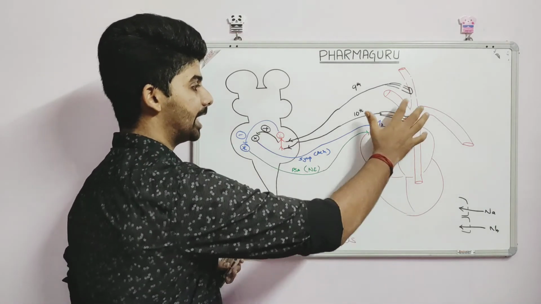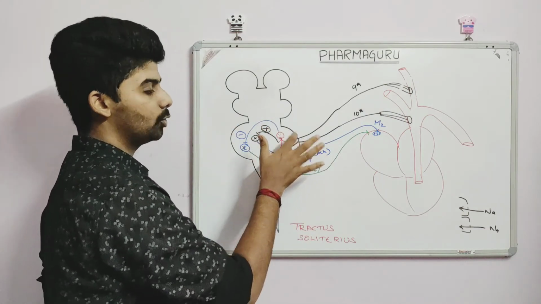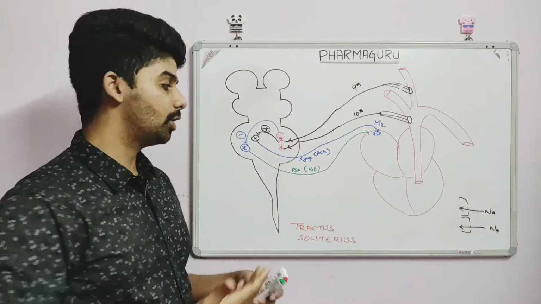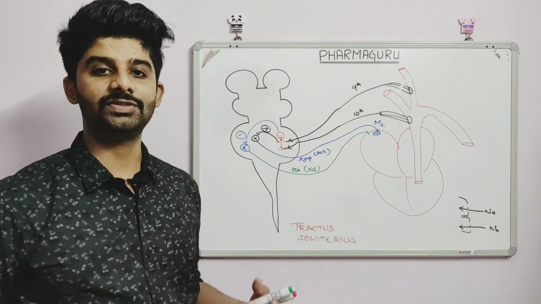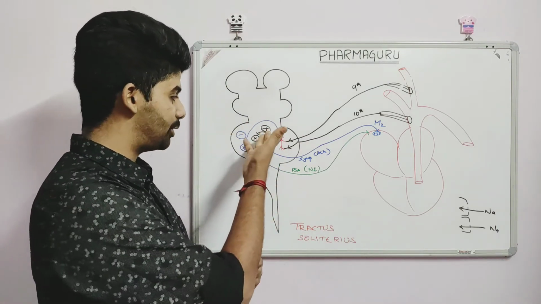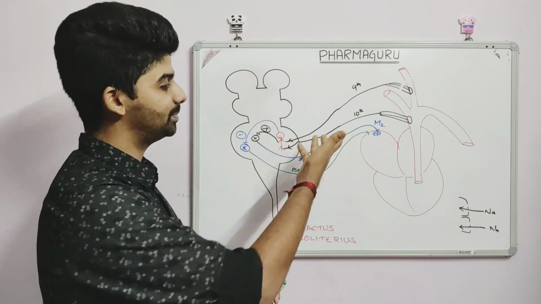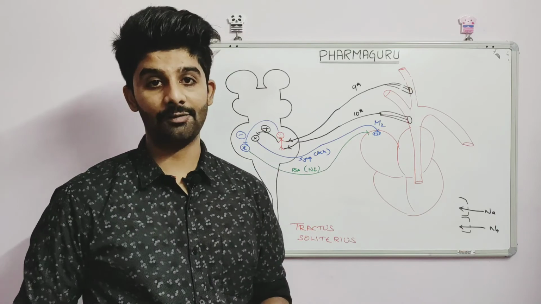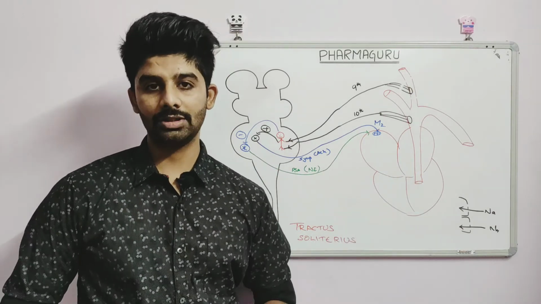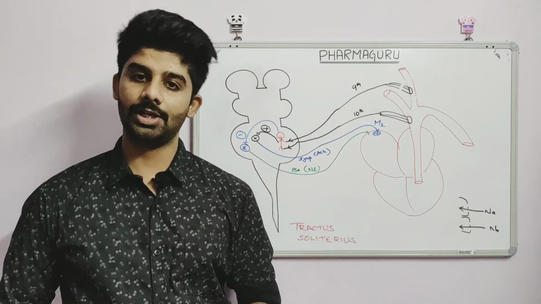So this is what happens in blood pressure regulation by the neurological system. The heart, the carotid sinus artery along with the medulla is involved, and who is the star of the evening? Obviously this nucleus, the tractus solitarius, which will inhibit and activate two centers, the cardioinhibitory center and the cardiac acceleratory center, and the neurotransmitters involved are acetylcholine and norepinephrine, and the receptor involved is the M2 receptor. I hope that you understood how the neurological system regulates the blood pressure in our body.